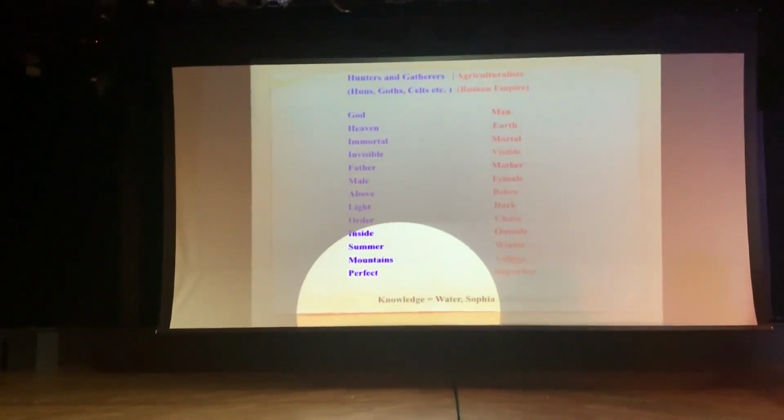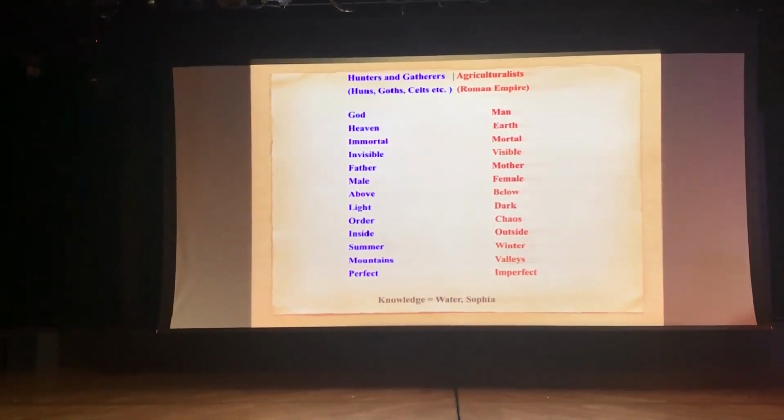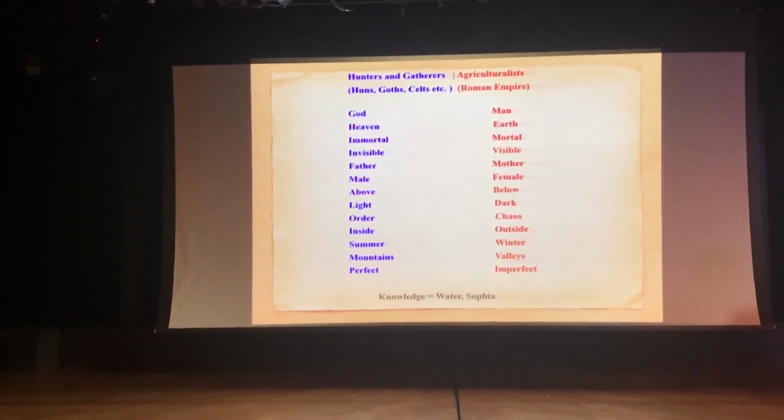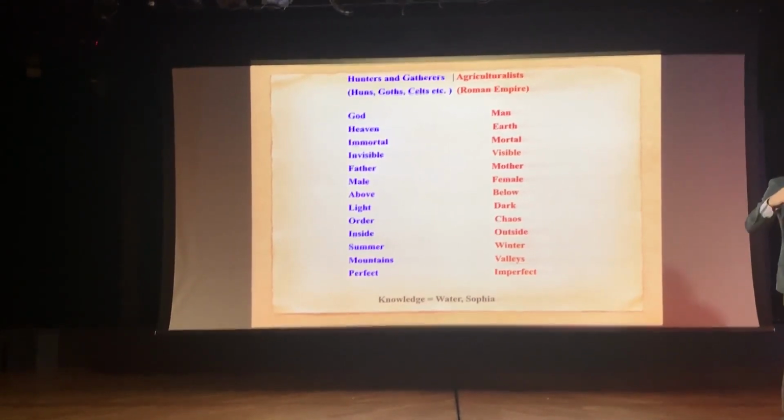Okay, the knowledge equals water. And throughout the entire Nag Hammadi library, when they say water, they're meaning this information that they were gathering. And there's a reason why they use water as a metaphor for that. Worldwide, the river systems and the creeks all collect into a river, and then it collects into a bigger body, and then it collects into...